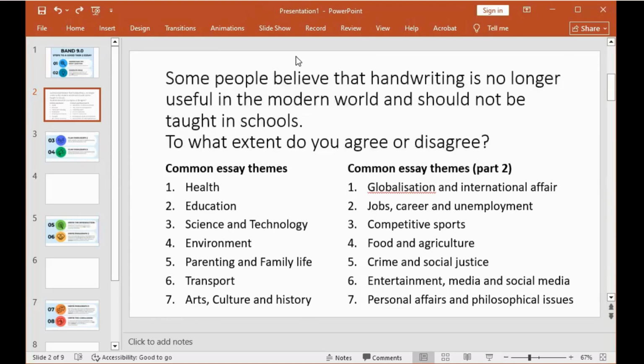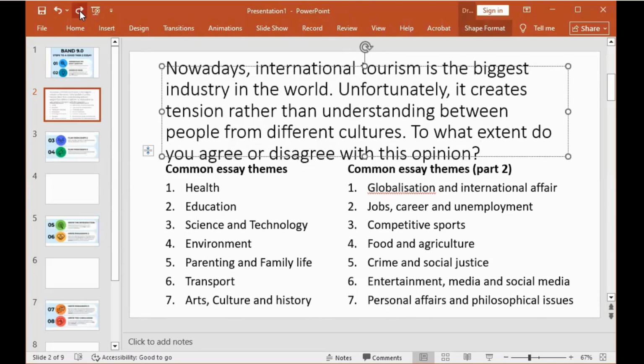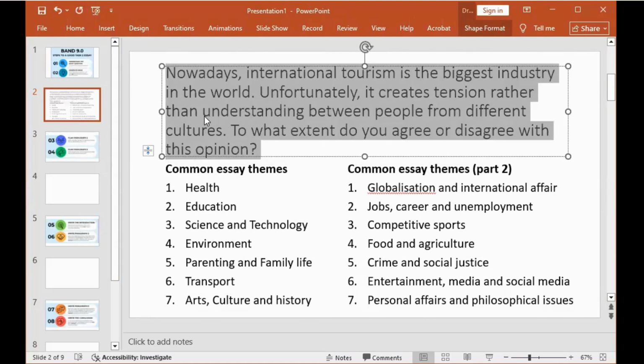Or we should do the one on, which one should we do, Uchechi? Pick one. I think we should do the one on tourism. The one on tourism. Okay, let me go back to tourism. This is tourism, yeah. All right, let's do the one on tourism.